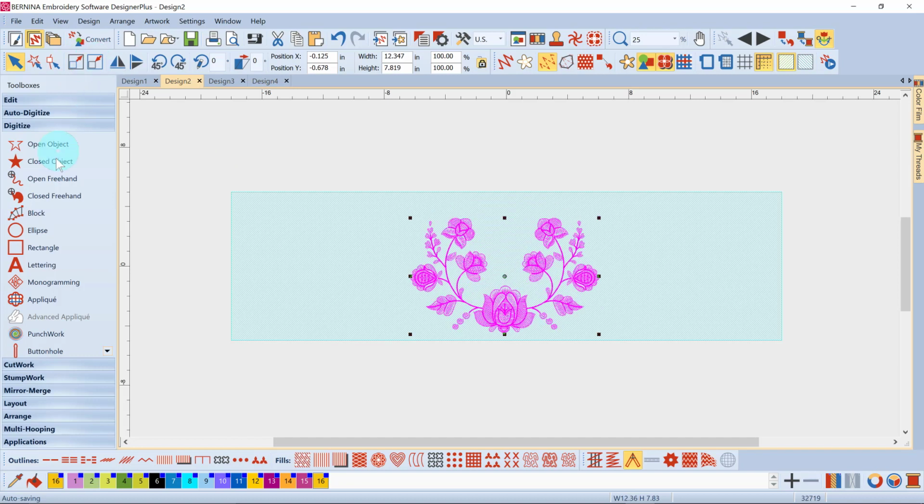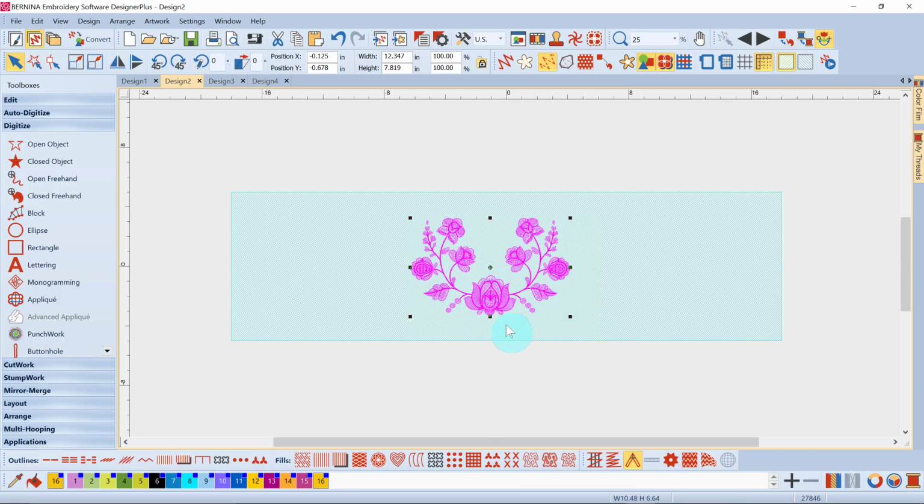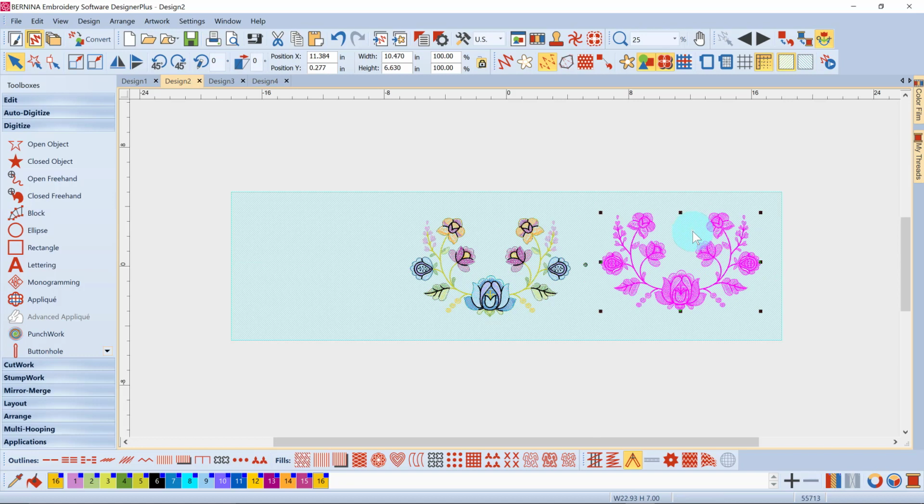Now we're going to go ahead and take this, because it's selected, and reduce it in size by 20%. Now I'm going to make another copy of this and put it over to the right. In fact, I'm going to reduce this maybe just a little bit more. Yeah, something like that would be nice. And I'm going to say Control D to copy, move this over to the side here,